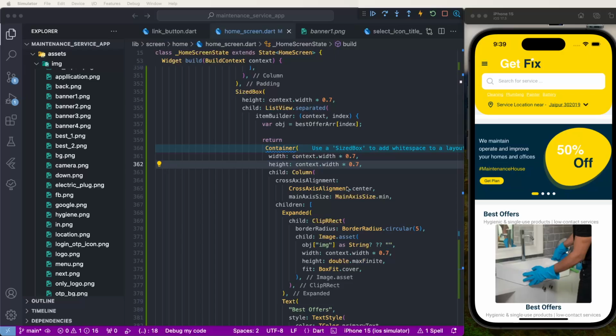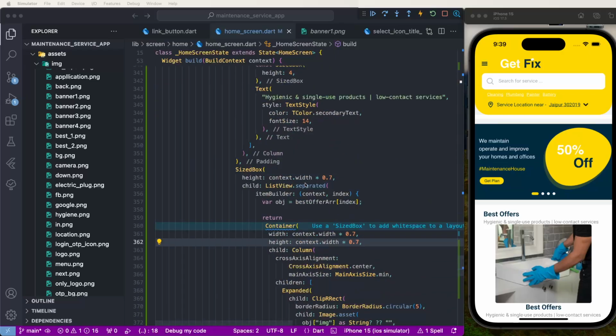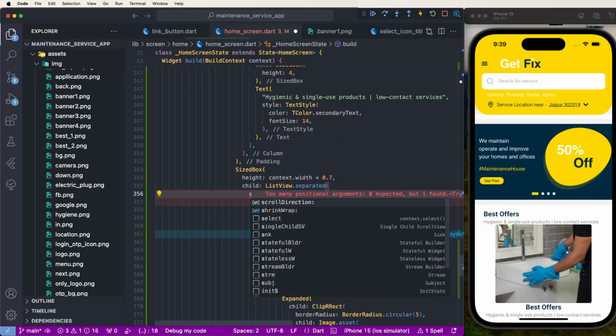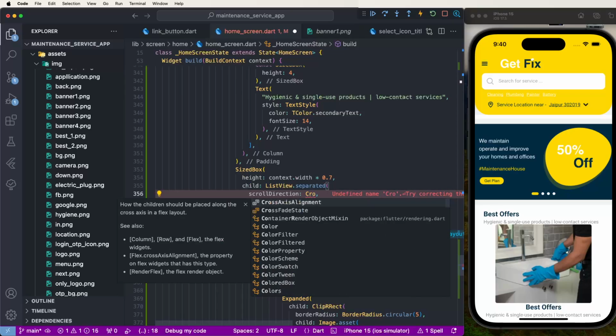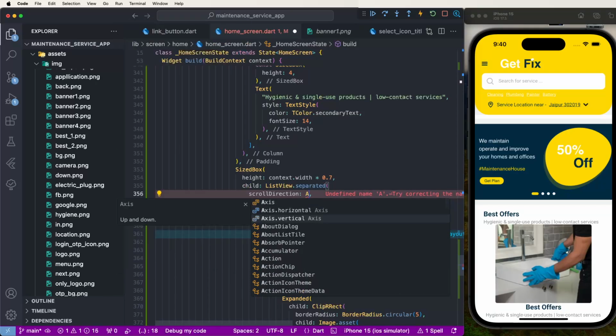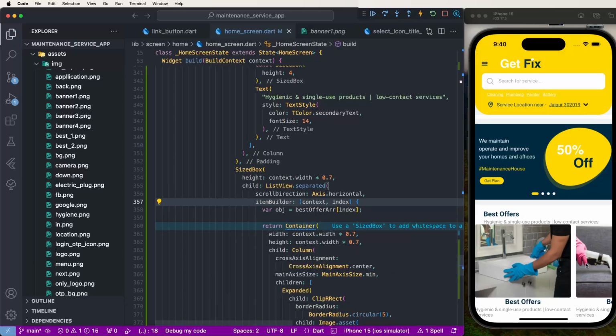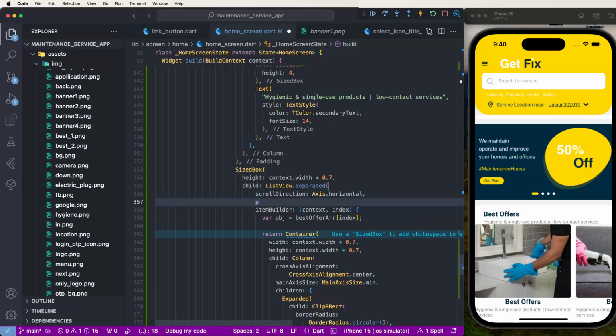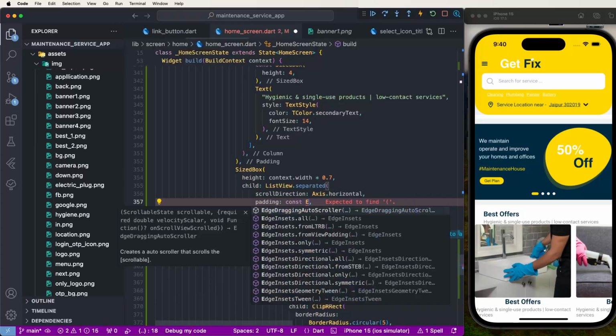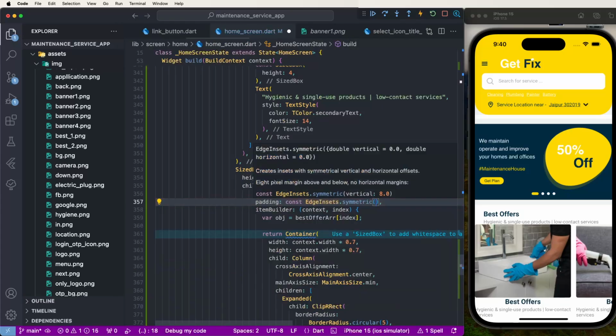Now need to fix this issue, need to set scroll direction as horizontal, like this showing here. Also need to set the padding, EdgeInsets.symmetric. You need to set vertical